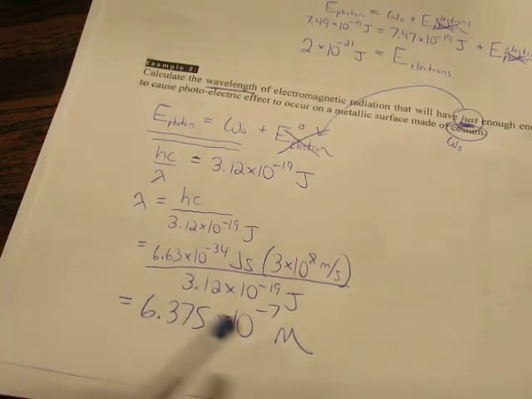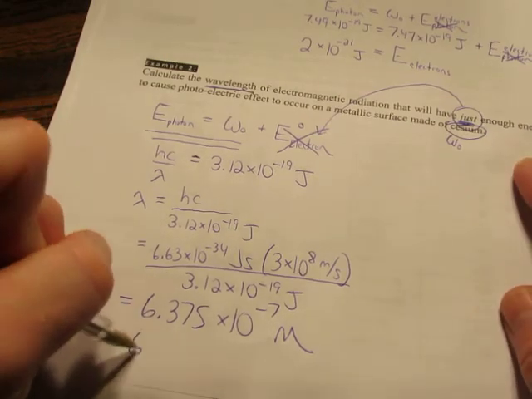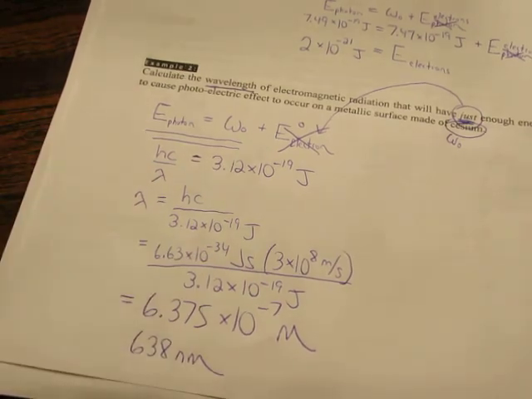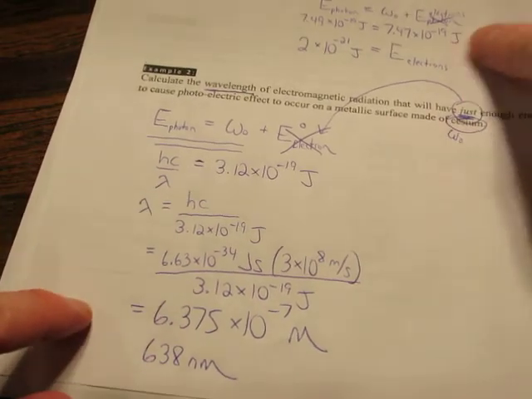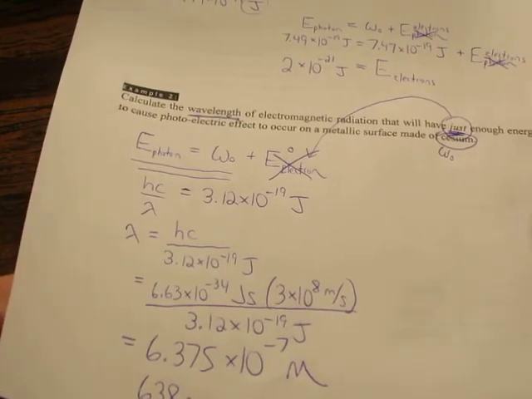And you could actually match that up to a color of light if that fits into the color range. I think it does. I forget where visible light ends. That's 638 nanometers, which you could look on the chart and see what color that is, unless it's off the end of the range. Okay, well, there are 3 questions that you have to do for practice today,